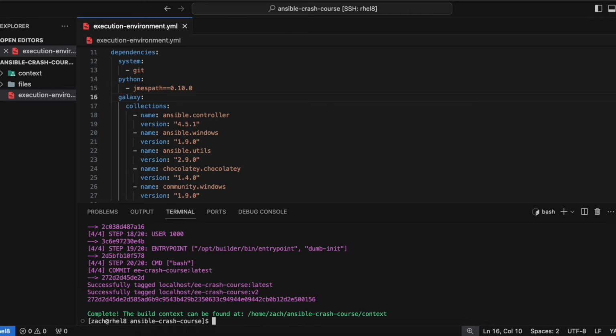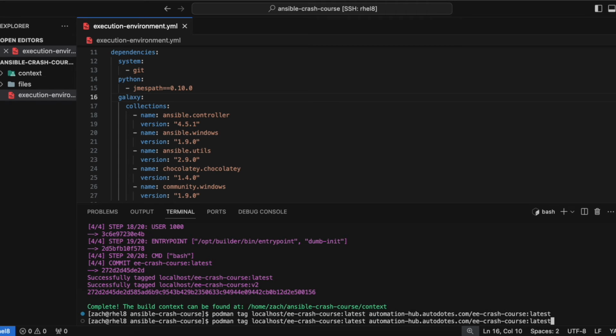So we've got our new image version tagged with the localhost EE Crash Course latest in v2. So we're going to go ahead and retag those with our Automation Hub host and EE Crash Course, and I'll do latest. Oh, I forgot, before that we have to specify the existing image, so localhost EE Crash Course. We're going to tag that, and then we're going to do v2, and we'll do v2 here as well,